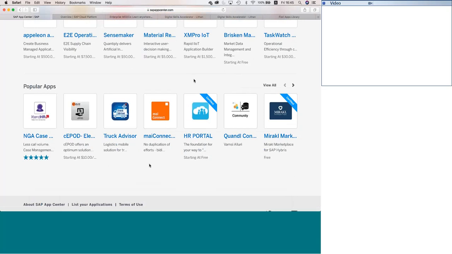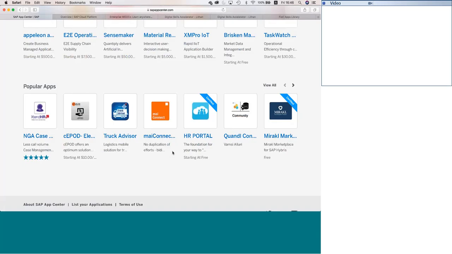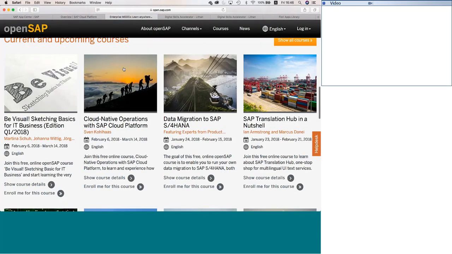Good. So I come to the last point of my topic here, which is very interesting, called Open SAP. Now, what is this Open SAP? Anybody seeing Open SAP, hearing Open SAP for the first time? Yes. Now, what is Open SAP? I'll click on this URL. In fact, I've already opened it, so I don't have to do it. This is Open SAP for you.